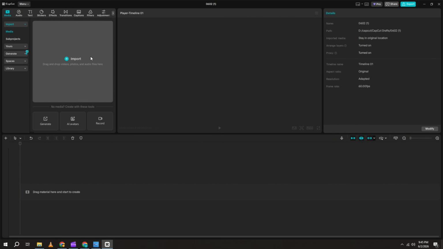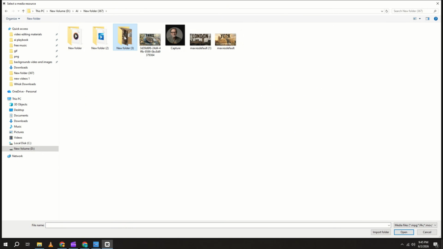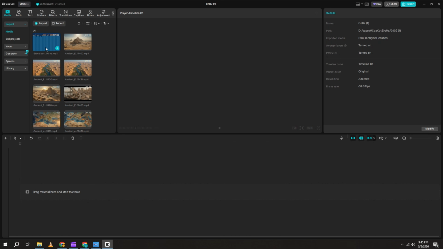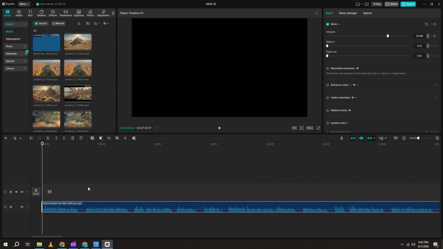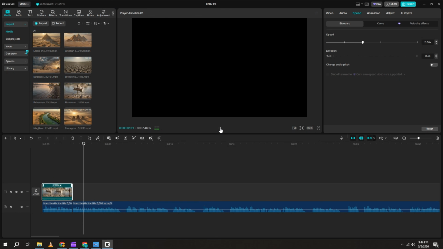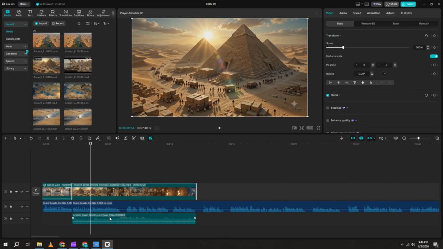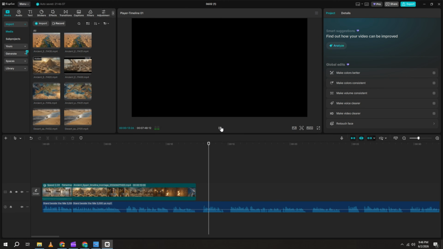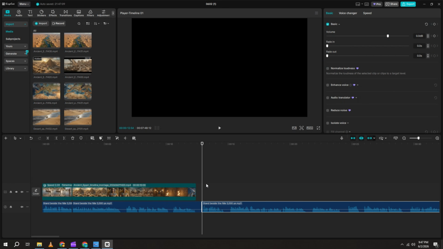In the final step, open CapCut and import both your voiceover file and all the video clips you generated earlier. Once everything is imported, start by dragging the voiceover onto the timeline, as it will act as the main structure of your entire video. Next, add your video clips one by one and match them carefully with the corresponding parts of the script. Make sure each clip visually represents the message being delivered in the voiceover, so everything feels smooth,